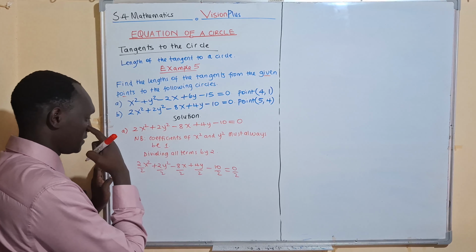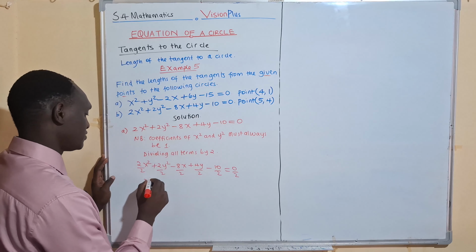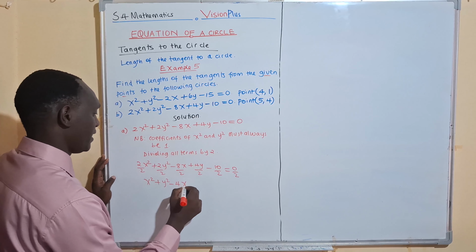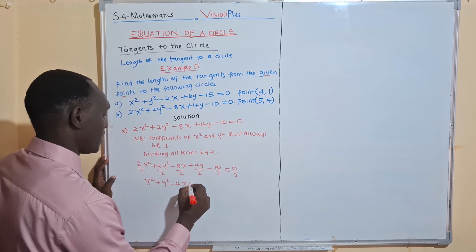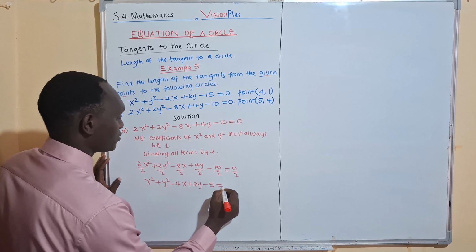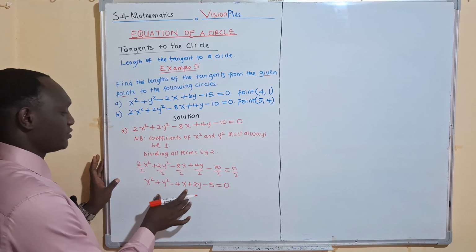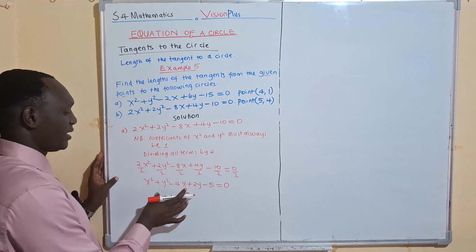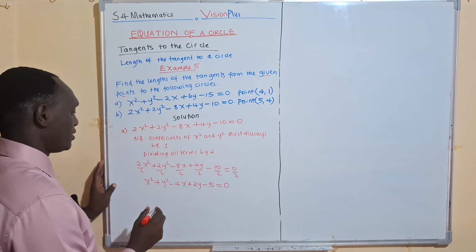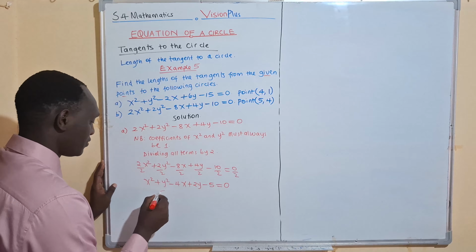Then we simplify. This now gives us x squared plus y squared minus 4x plus 2y minus 5 equals 0. Now this equation is in the standard way that we need it as the equation of the circle. So after making that, then you draw your circle,